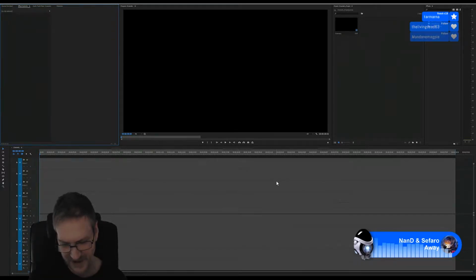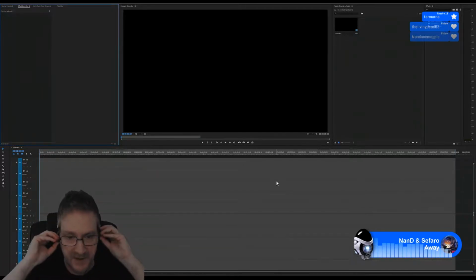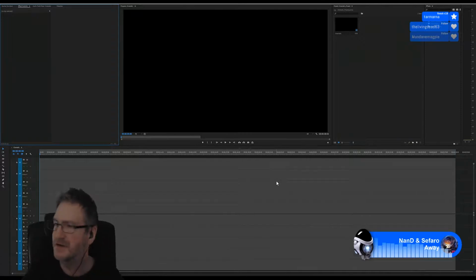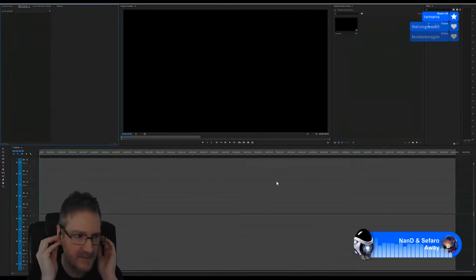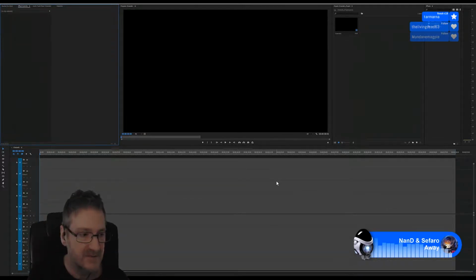Now, which way is which? These earbuds, they're Sennheiser earbuds, and they've got an L and an R printed on them, but it's really tiny. Okay, I think I see it there. So I think this is the right, and this will be the left. So I'm going to pop them in because I need to be able to hear the audio as I'm editing the video. And you guys should be able to hear it as well because it's being pumped through to OBS. But it does block my voice a little bit. So if I get too loud or too soft, let me know.